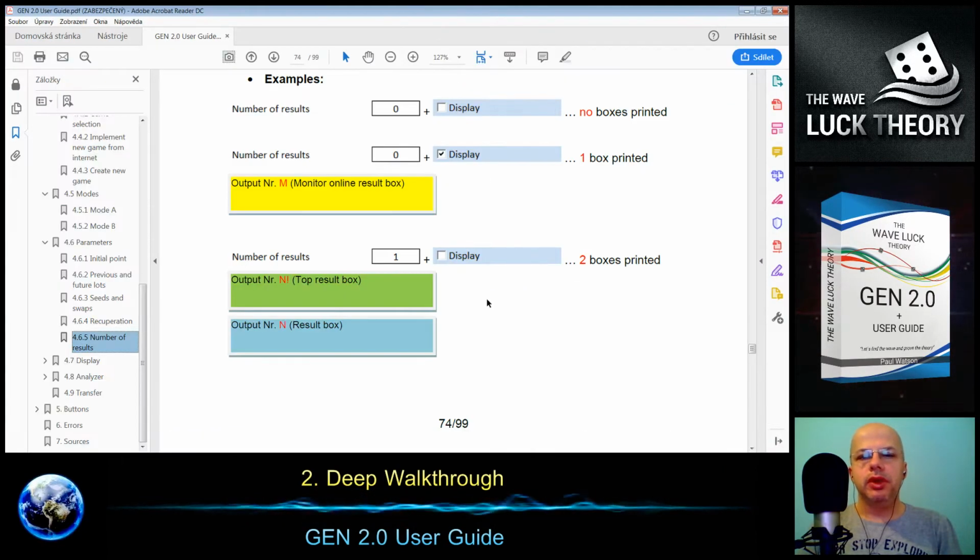If we put number of results 0, which we can, and the display is off, then no boxes are printed. If we just check the display and 0, then only one box is printed, but this box doesn't show you the best result. It's only the online monitoring, where this box is always overwritten as the generation is running.